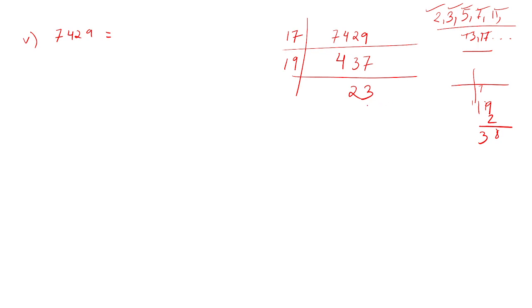23 cannot be further divided because it is in itself a prime number. So this is going to be 17 into 19 into 23. So the prime factorization of 7429 is 17 into 19 into 23. Alright. So for questions like this, you really have to be good with multiplications. Alright. So with this, we'll end the video for